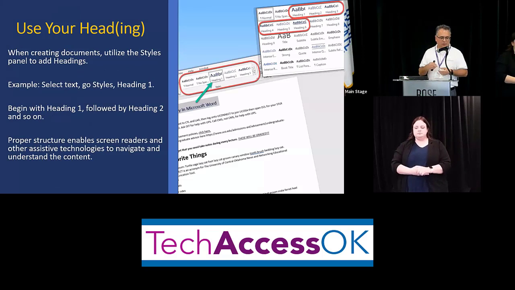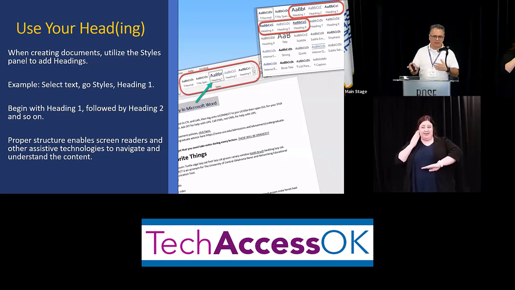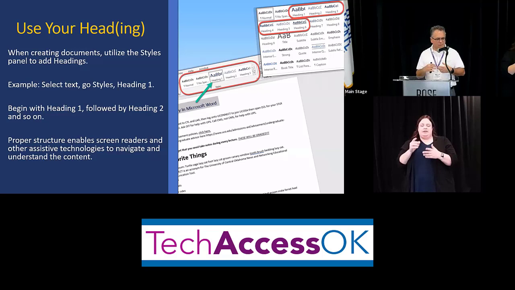And what can we do? Go to the styles menu, highlight a word, highlight a sentence, and we're going to select heading 1. In our screenshot, we've got the styles pane. There's heading 1 selected. I've got a callout just to the right of that identifies heading 1, 2, 3, 4, 5, and 6. It goes on to 7 and 8, but really 6 is plenty. If you're going more than 6, you might need to start another document or format that in a different way.